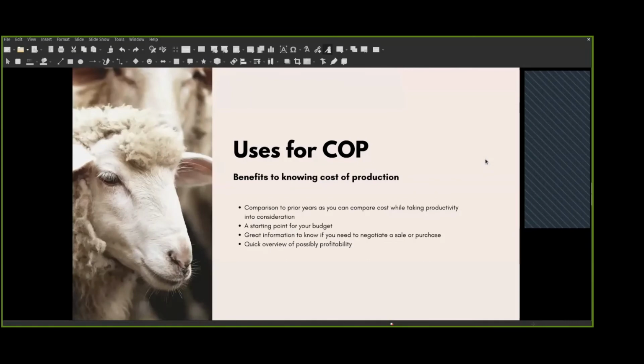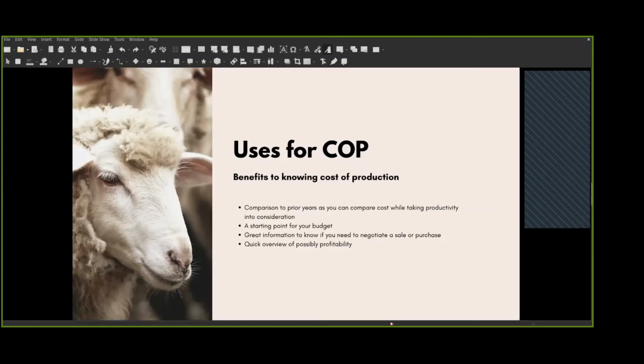So the general uses for the cost of production and why I think it's something you should do. It allows you to compare to your previous years while also taking productivity into consideration. So we're still a fairly young farm, 5 years into this whole sheep game. And we've ramped up our lamb production every single year and the number of ewes. So obviously my costs in grand total are going up every single year. But if I don't take into account the number of lambs we produce,